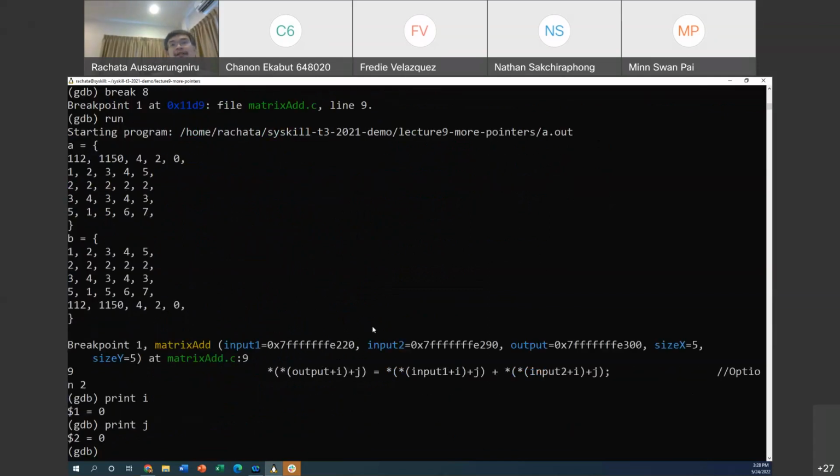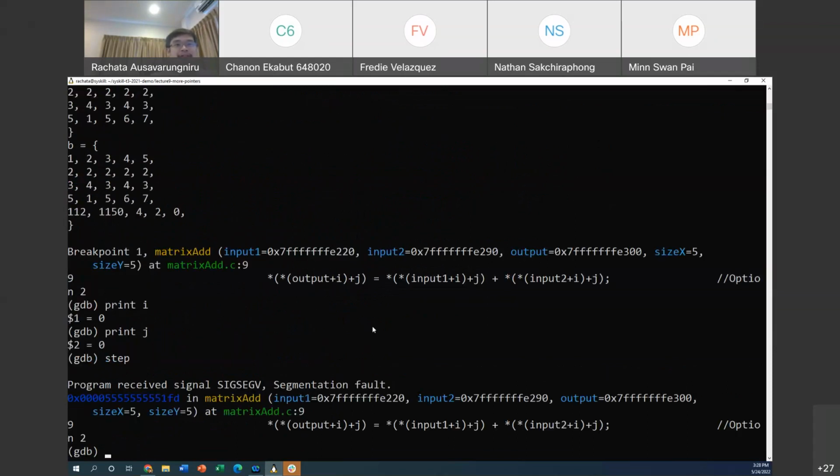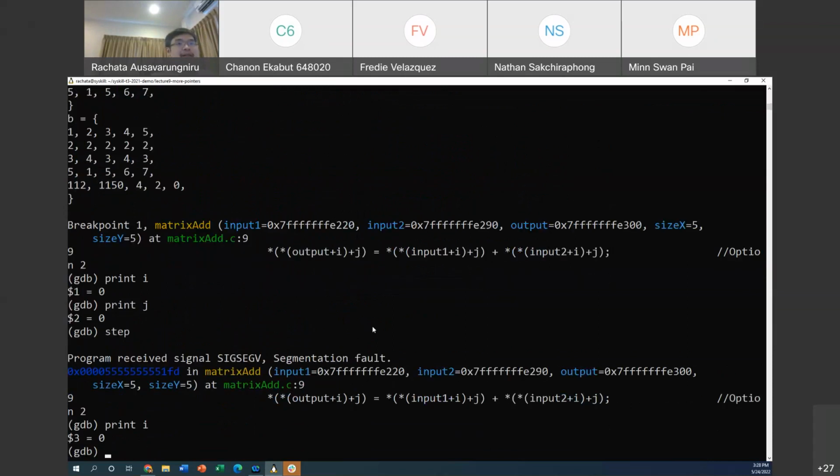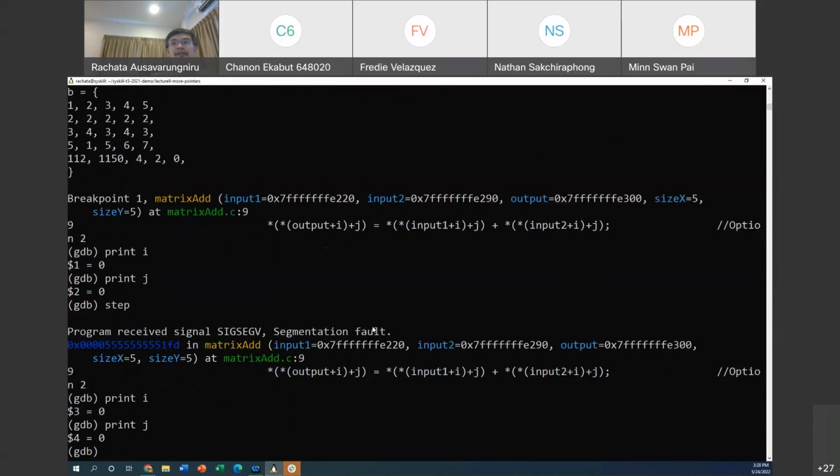Print INJ. Okay. Now I'll go step, right? The next iteration. Print I, print, oops, sorry. Print J, right? Oh, it's already seg fault, actually. Sorry. Now,